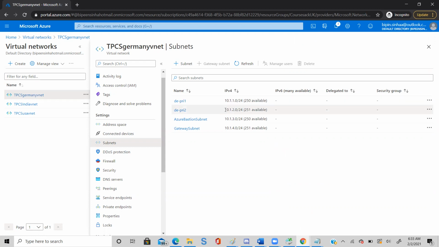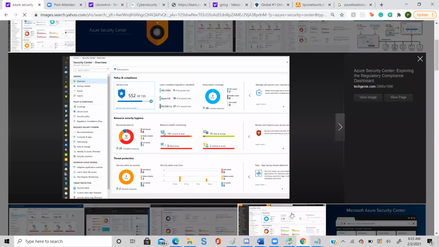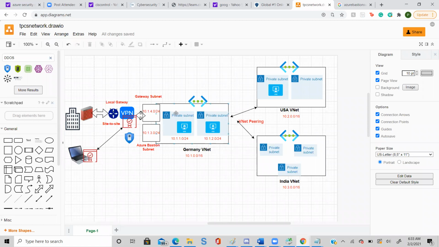Private subnet 2, what is the IP address? 10.1.2. And then you have a Bastion subnet which is 10.1.3, and then you have a gateway subnet which is 10.1.4. So it means we have implemented all that is required, whatever we designed in the document, right?